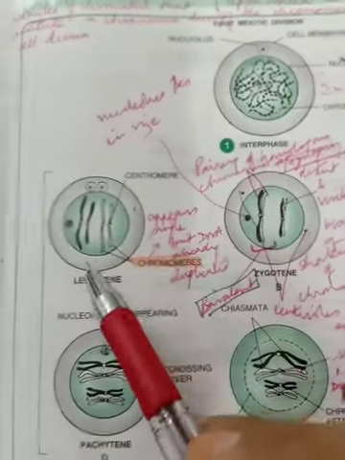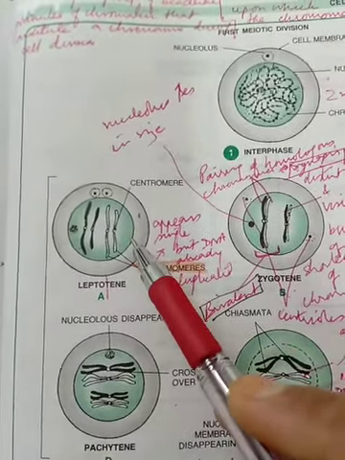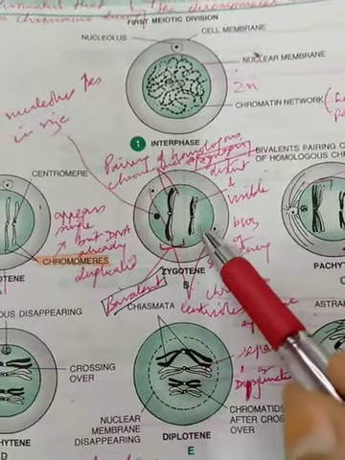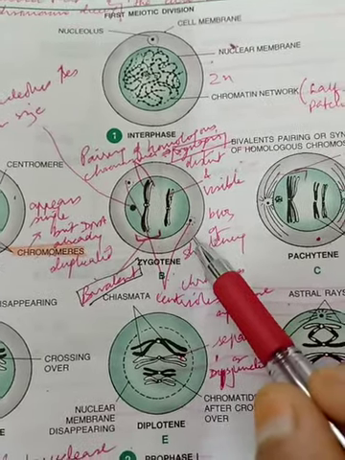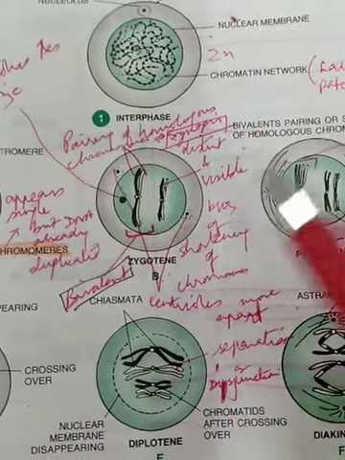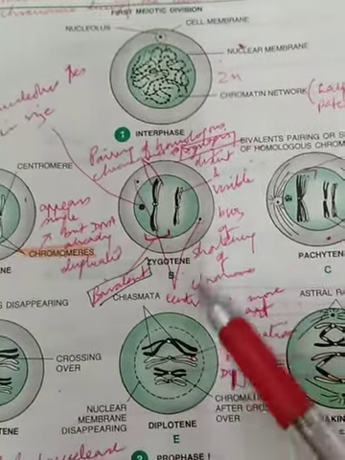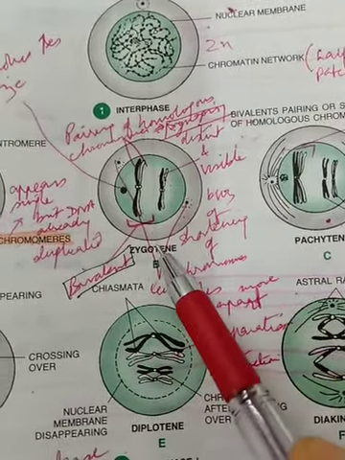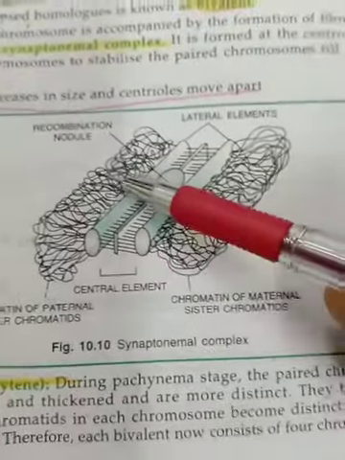All right. So here the random structures were there, but they were clearly seen and visible. But here they are more visible, they are condensed or coiled further, and there are bivalents formed because of pairing, right? The pairing that is also known as synapsis. So clearly bivalents could be easily seen. Then the synapsis or the pairing is accompanied by a ladder-like structure. This you can assume as a ladder-like structure. Look at this. This can be seen as a fibrillar structure.